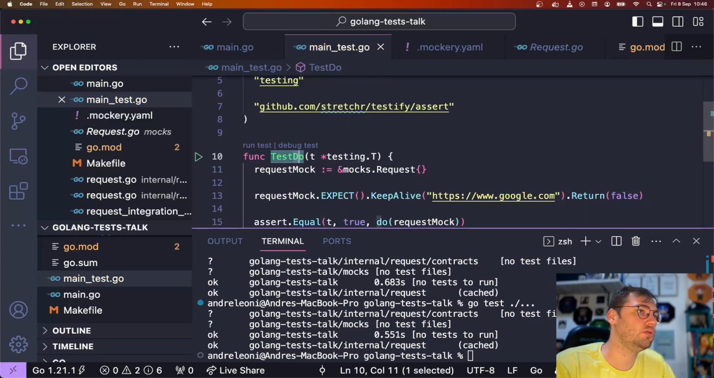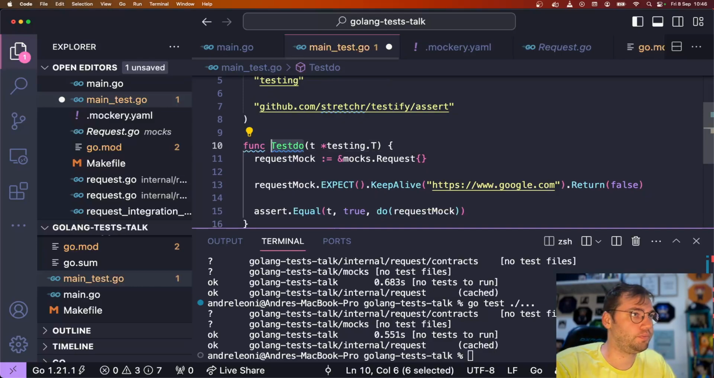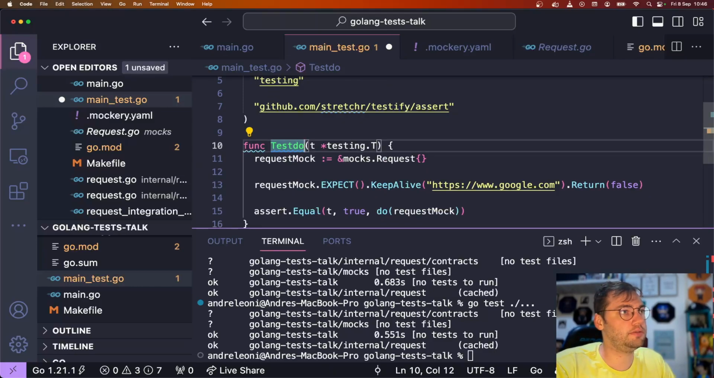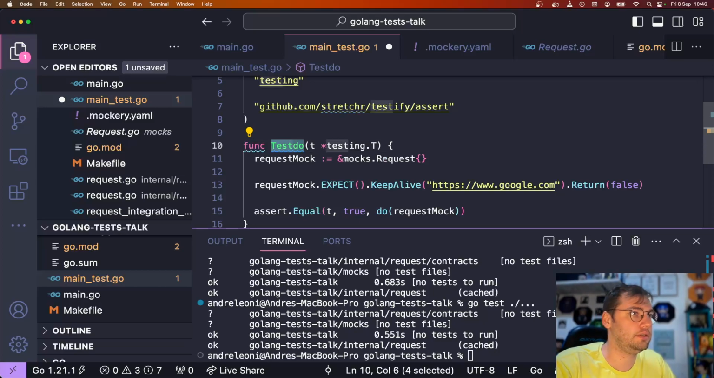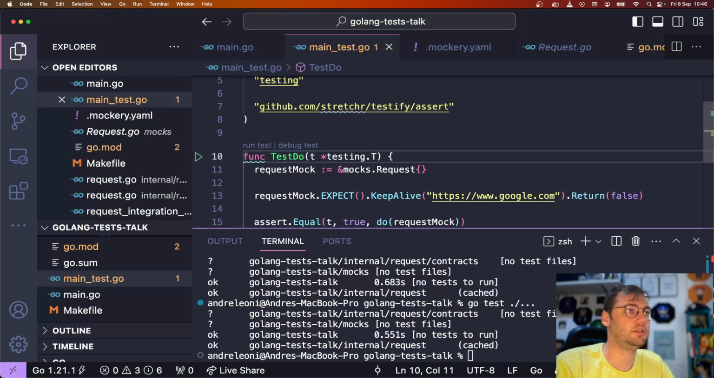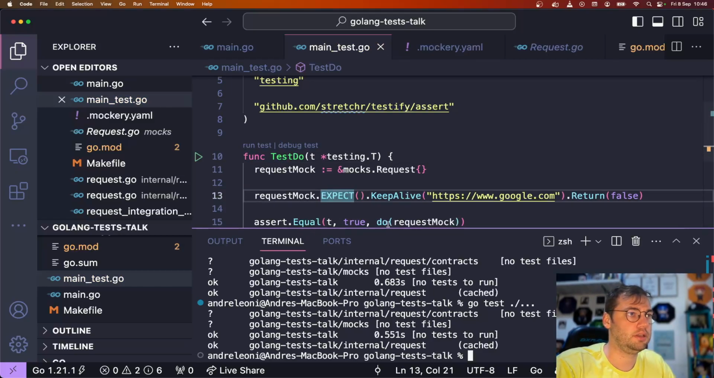If we use the function name of a test, Go recognizes that this is a test function. Since the do is not uppercase, this will not be recognized as a test. This is used because you can have helper functions. So if we comment this line,